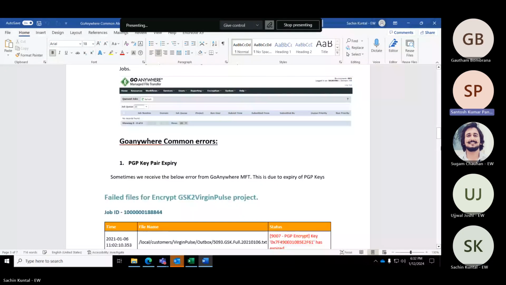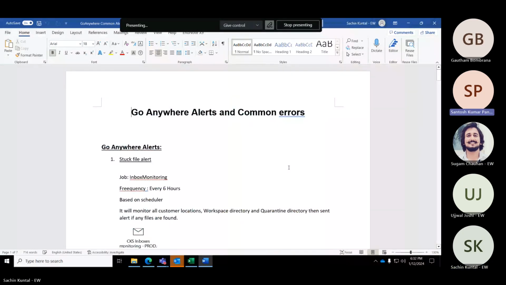GoAnywhere access is something Ujjwal has already raised, and Lucas has approved it. Today we got a confirmation email, so hopefully next week Ujjwal and Pramod both will have the access.